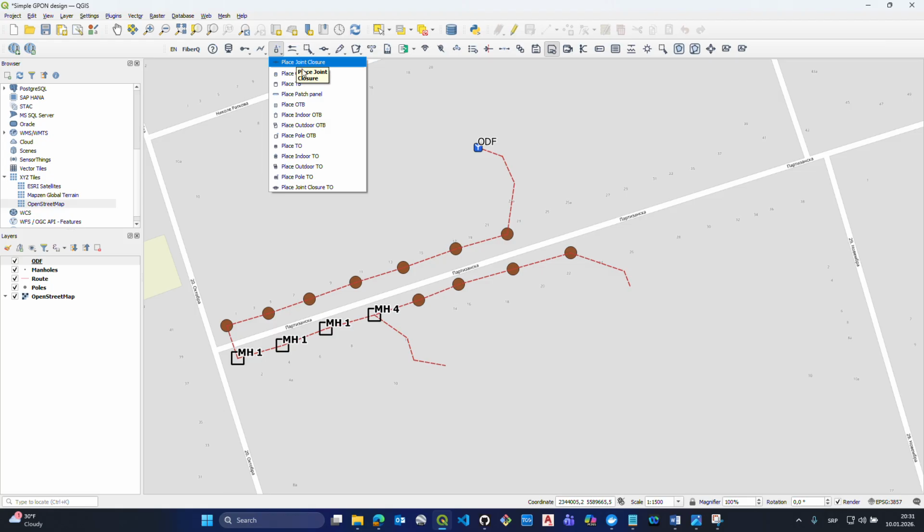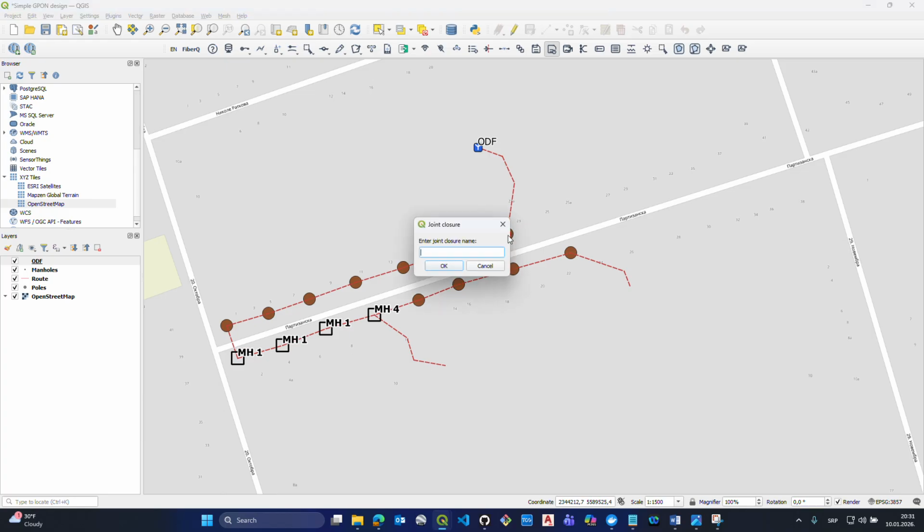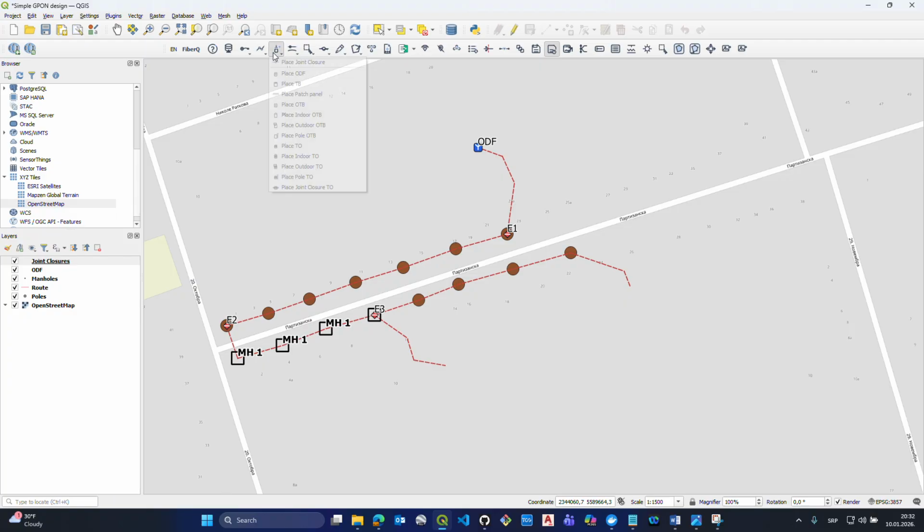Okay, and just to layer on joint closure, in placing elements drop down selection, place joint closure, place here, maybe it's extension 1, this is gonna be extension 2, this is gonna be extension 3, and that's it. Okay, and we can place other elements, maybe place TB for terminal box for the